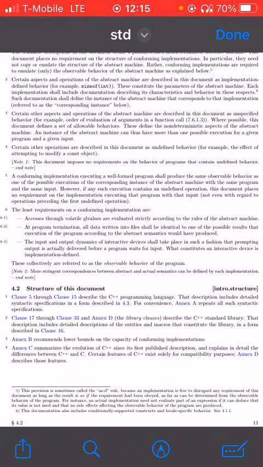The input and output dynamics of interactive devices shall take place in such a fashion that prompting output is actually delivered before a program waits for input. What constitutes an interactive device is implementation defined. These collectively are referred to as the observable behavior of the program. More stringent correspondences between abstract and actual semantics can be defined by each implementation.